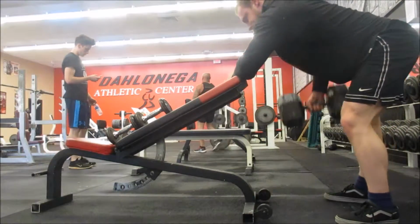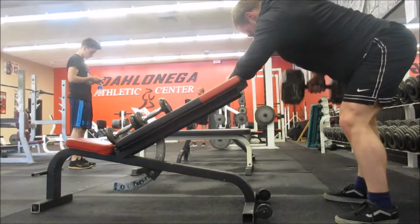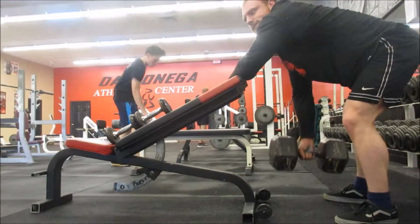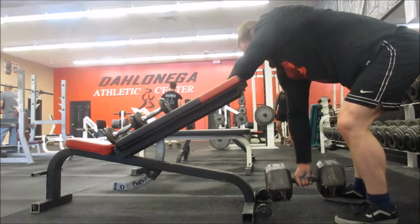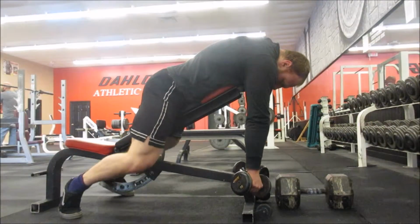If I had some more support, or if my body were a little more upright, it'd be a little easier to pull toward my hip to engage the lat some more. But I'm really working my rhomboids, teres muscles, as well as the lat to a very large extent. I'm getting a great stretch. And this set wasn't quite as dead stop on the ground because the dumbbell, whenever you touch the ground,